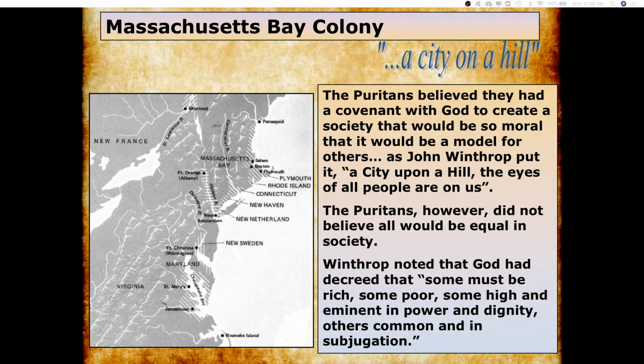And it's going to lead to very unique choices that they make in the colony. These guys are super rigid and strict and set in their ways. I mean, dude, they do not like it when people go against them. And they didn't believe all would be equal in their society, even though they're super church people. That's another thing about the Puritans that I just can't with. These guys are so contradictory with everything.